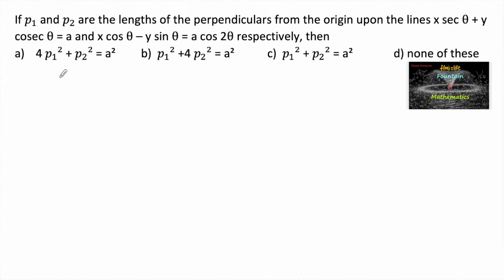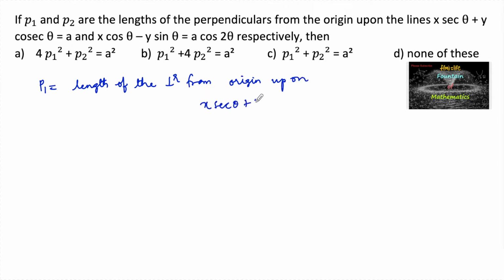So it's given P1 is the length of the perpendicular from the origin upon the line x secant theta plus y cosecant theta minus a is equal to 0,